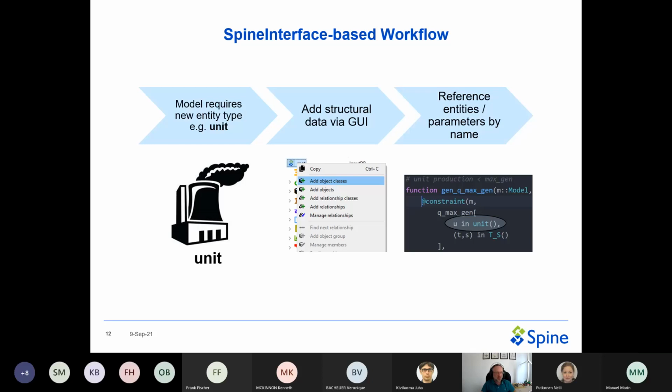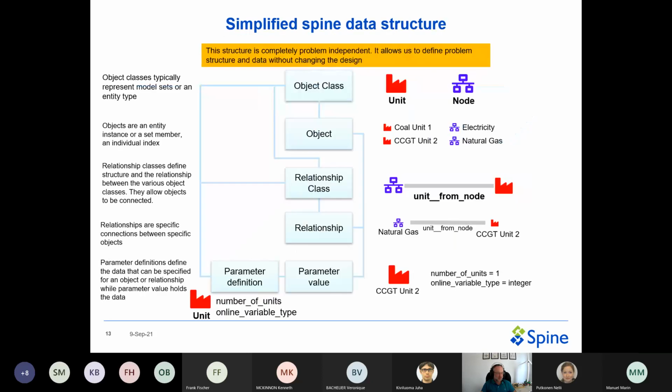So basically, it's as simple as I need a new entity or class in my model. I just add it to SpineDB Editor, and immediately I have access to it in Julia without having to change any queries or change any interfaces or anything like that. So the key to enabling this flexibility is a problem-independent data structure, and so we use what's called an extended